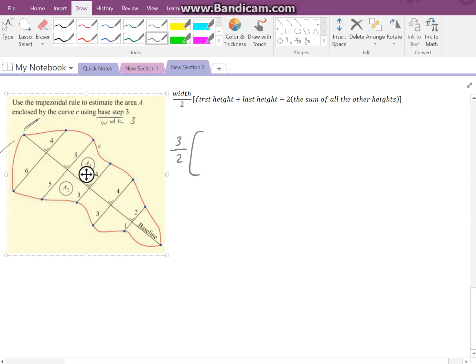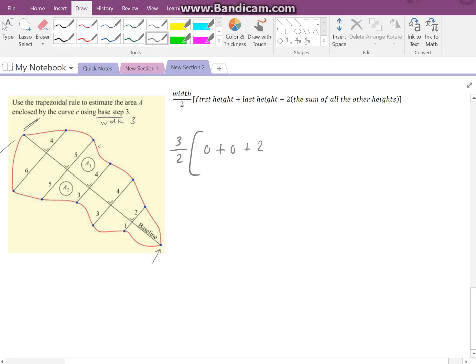If we look at the second height, it's 4 plus 6, whereas here it's just 0. If a trapezoidal rule ends like on this, that's going to be 0, whereas if it ended something like this, that's not going to be 0. So my first height is 0, plus my last height, this one here. Again, that's ended closed, so that's 0,